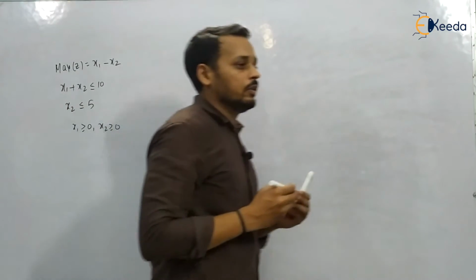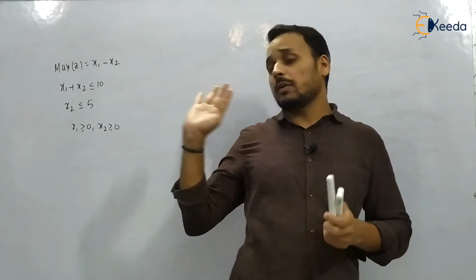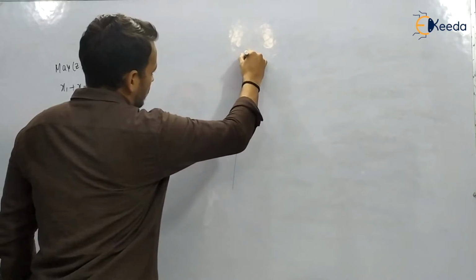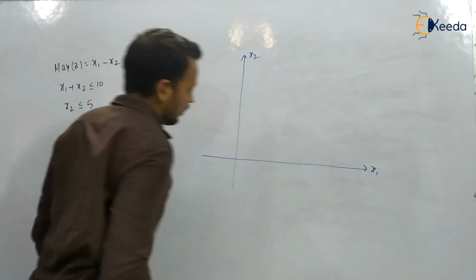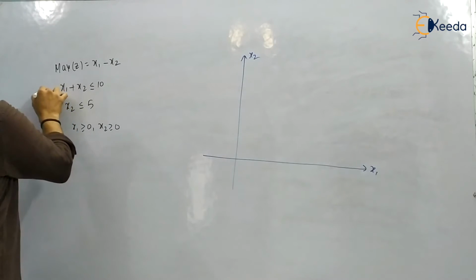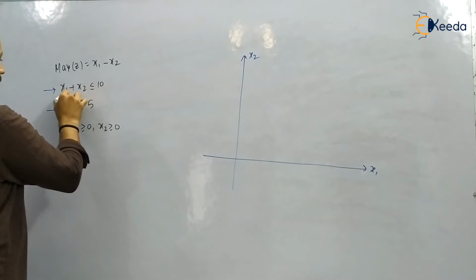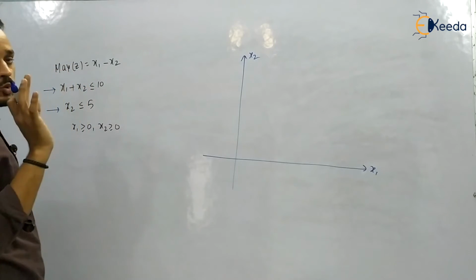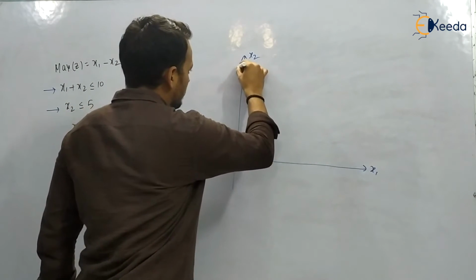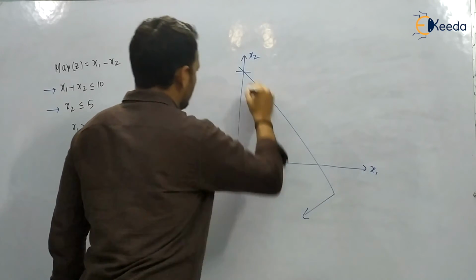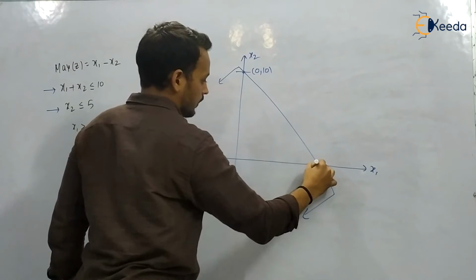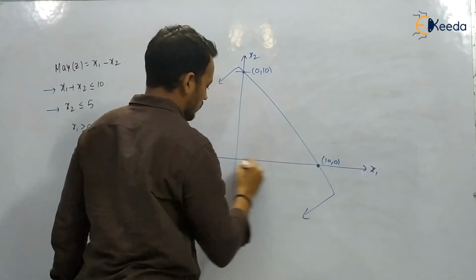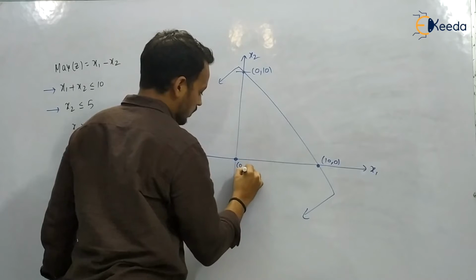Okay, so we have written the second question. We will plot the graph between our decision variables, that is x2 and x1. Very simple one. You can see these two are the constraints. The first constraint says that x1 plus x2 is less than or equal to 10. So the graph will be set towards the origin. This is 0, 10, and this is 10, 0.